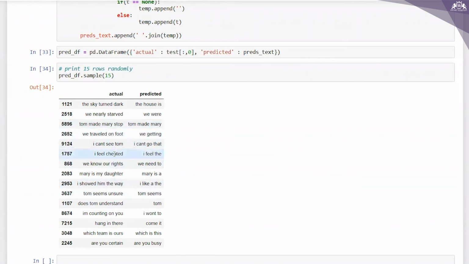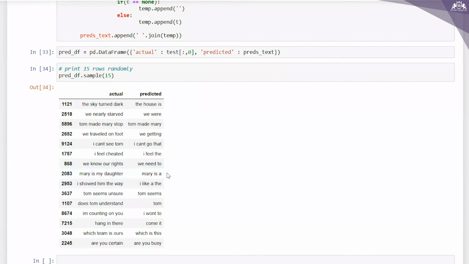Say for example, I feel cheated, I feel the, this is the actual and this is the predicted. We nearly starved, we were, so this is still incomplete. Tom made Mary stop, Tom made Mary. I can't see Tom, I can't go that. I feel cheated, I feel the. We know our rights.